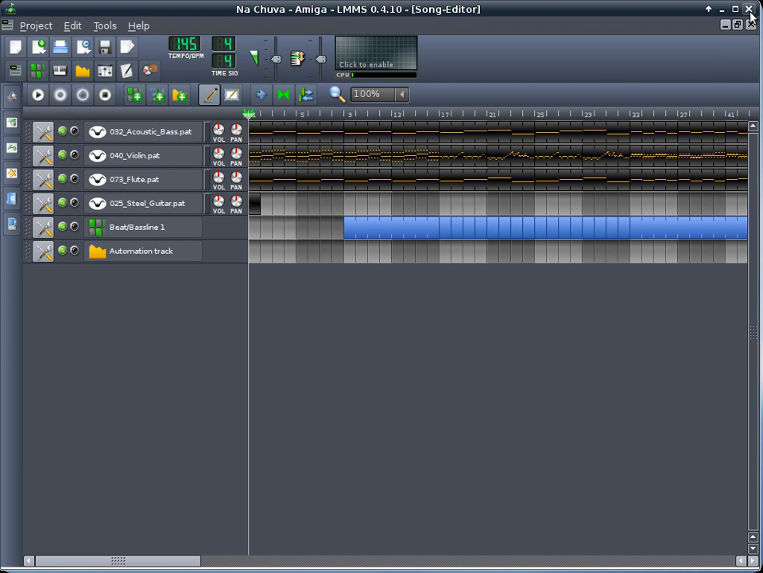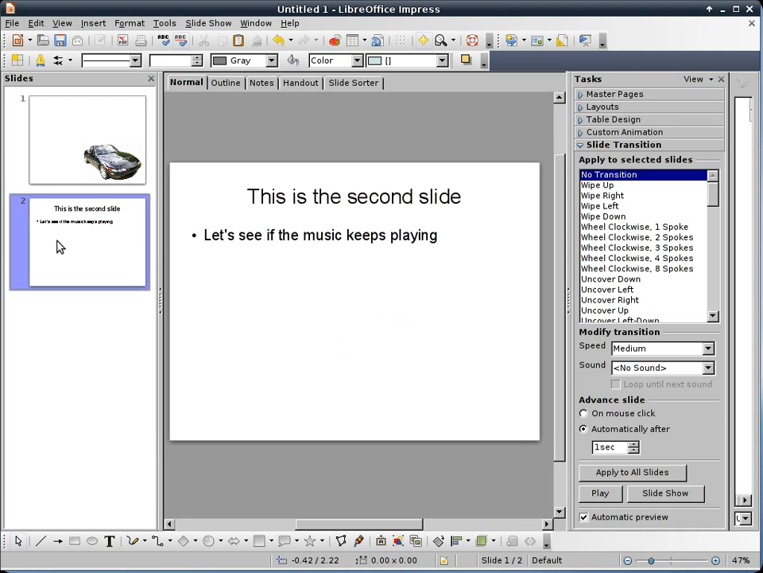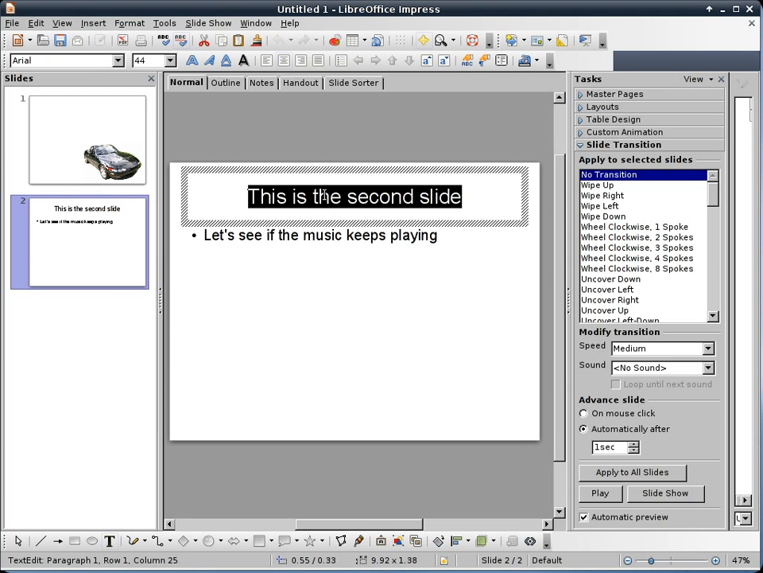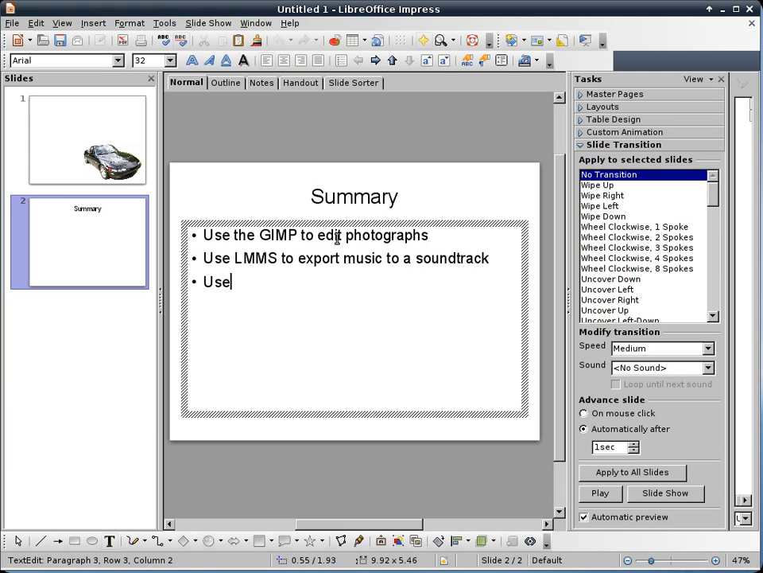And so this is the conclusion of our demonstration. To summarize, okay, let's go ahead and summarize. And what better way do we have to summarize but to use a presentation? Okay, summary. Use the GIMP to edit photographs. Use LMMS to export music to a soundtrack. And then we used